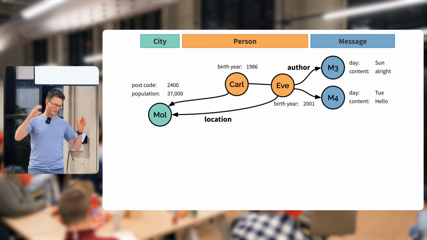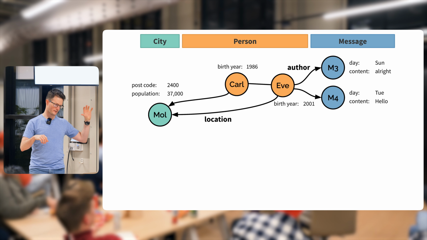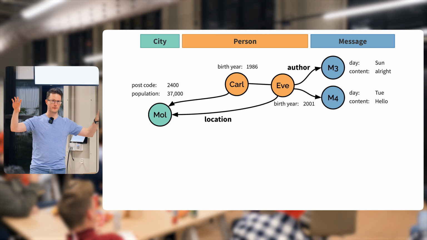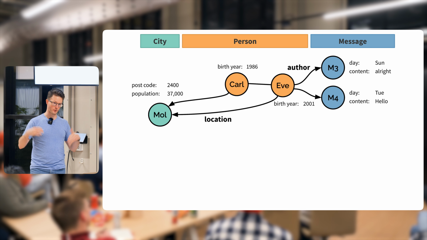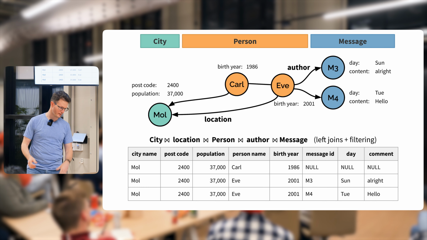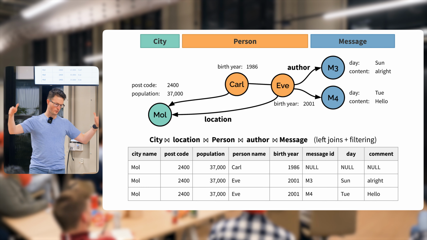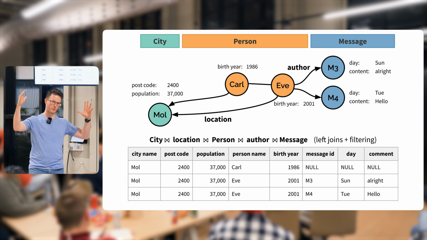Well, let's take another segment of this database and say that we want to query for the city of Mol, and we want to have all the people who live there and all the messages that they have created. There are a bunch of ways to achieve this. For example, we can just do a big join. We can say we do joins along all the edges. Maybe we do a bunch of left joins and filtering,